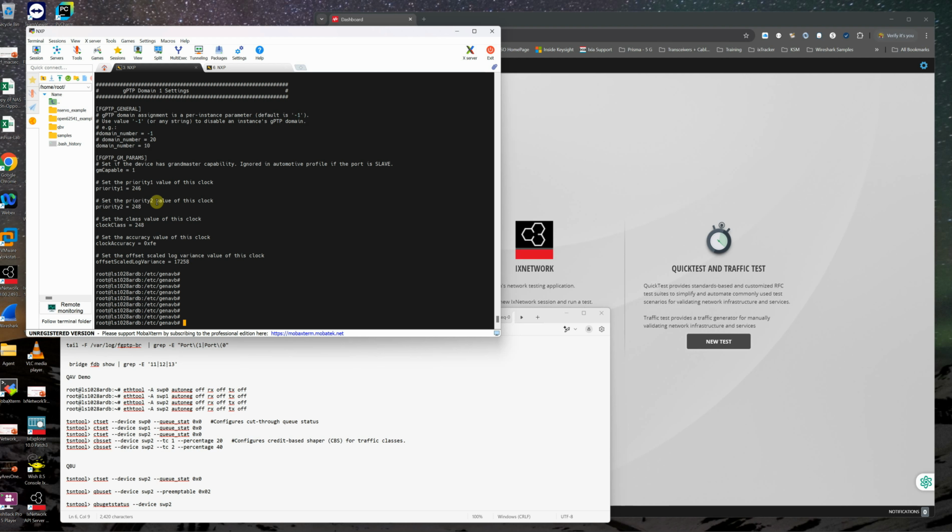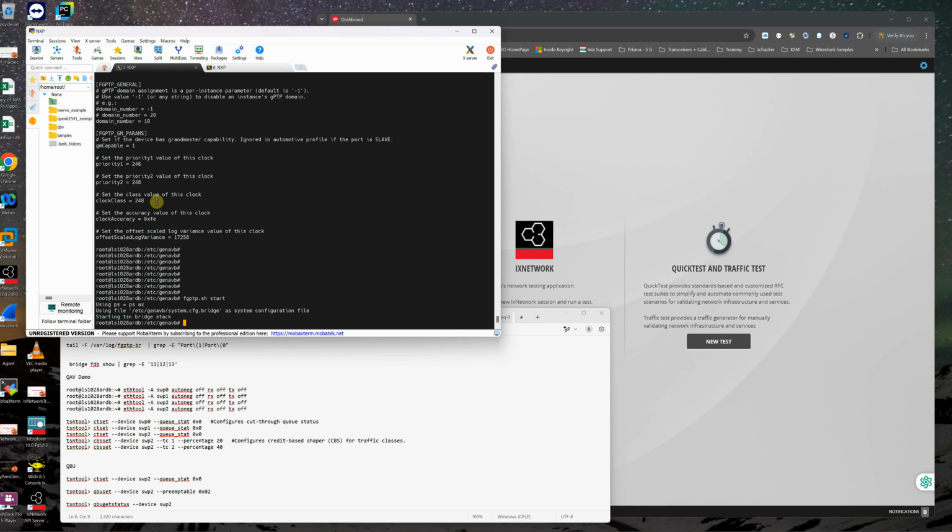Now, to be able to configure the DUT, in this case, all we have to do is call ptp.sh start. So we're going to start running that on my bridge. So you know what the configuration is for the switch and the bridge that I have set up,